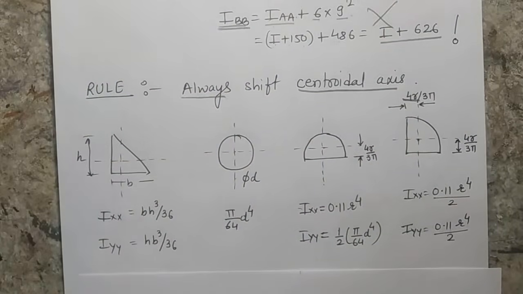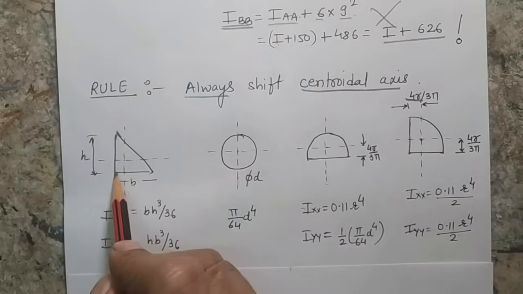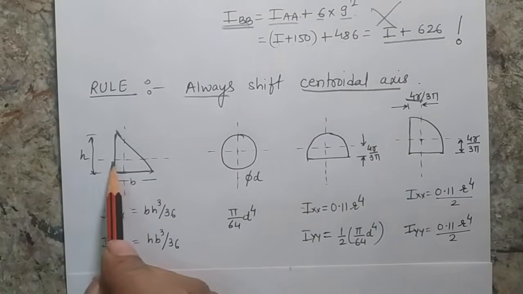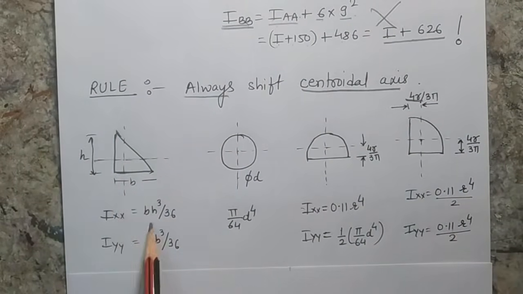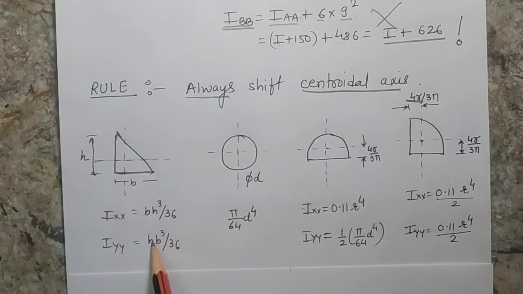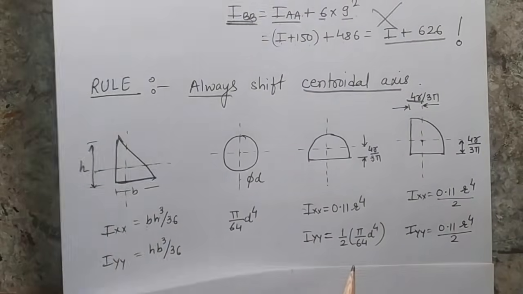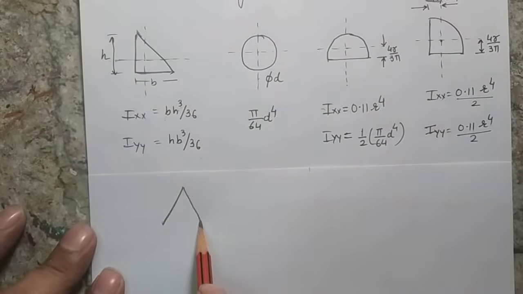Now quickly I am showing the moment of area of different shapes, which we are going to discuss in detail in my next lecture. This is the case of a right angle triangle having 2 centroidal axes, and the moments of area about the 2 centroidal axes are BH cubed by 36 and HB cubed by 36. You see that these 2 terms simply interchange, but recall that in the case of a